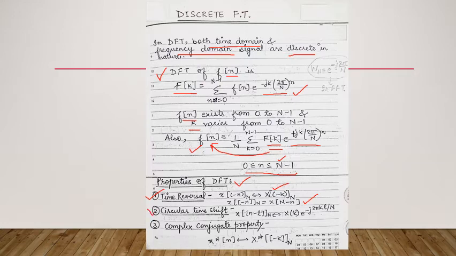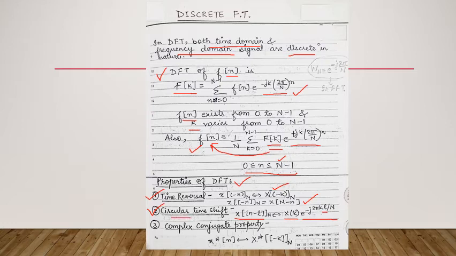The second property is the circular time shift. Now, what does this say? If I shift the signal in time domain, like I was having x of n, so now I am writing x of n minus L. So there is a shift of L. What will be the effect on DFT? Initially DFT was X of k. Now X of k will be multiplied by an extra factor which depends on the value of shift, that is L. So you can see it is e raised to the power minus j 2 pi kL upon capital N. So this is the circular time shift property.